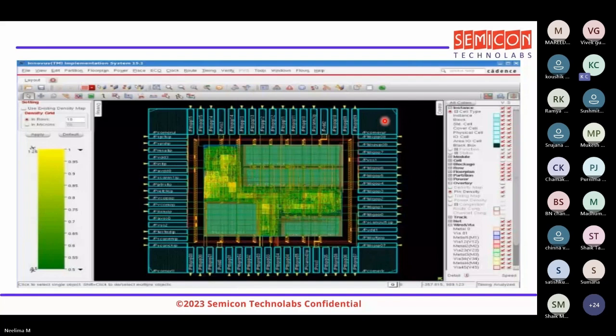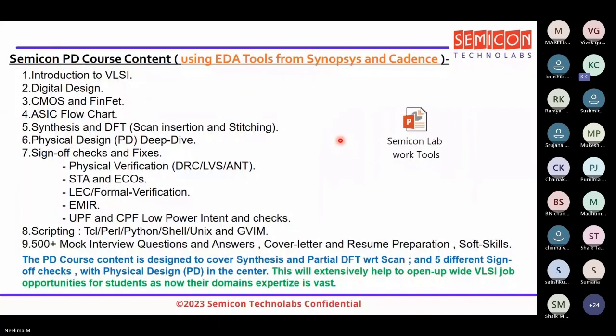So as part of course content, along with using EDA tools from Synopsys and Cadence, we'll be going through introduction to VLSI, then digital design, followed by transistor level CMOS and FinFET. FinFET is the latest that we are using in 2024. And then the complete ASIC flow chart, the different flows that we have seen. And then we will also be covering synthesis and DFT. In DFT, we will be covering scan insertion and stitching, and physical design deep dive, and then sign off checks. That is nothing but covering physical verification, DRC, LVS and antenna, STA and ECOs,